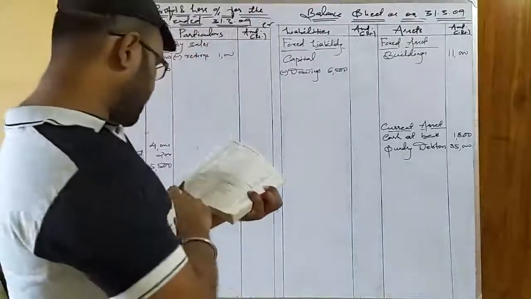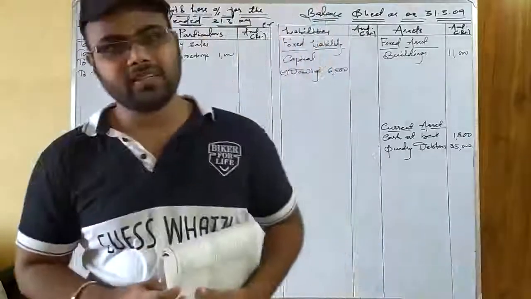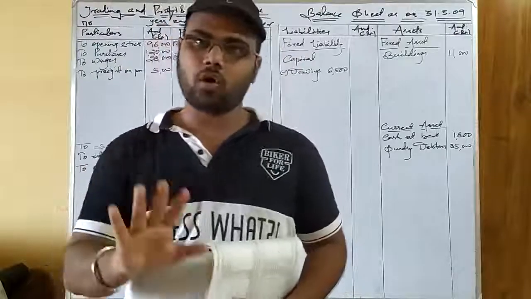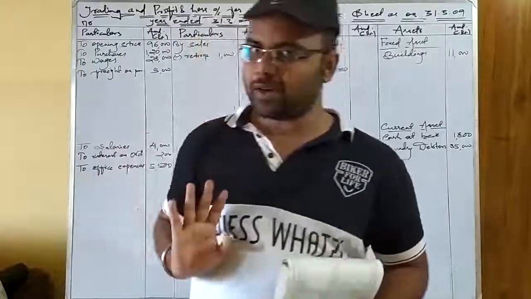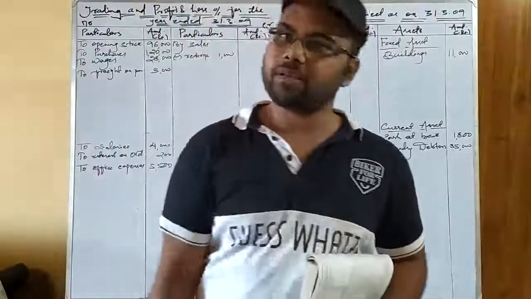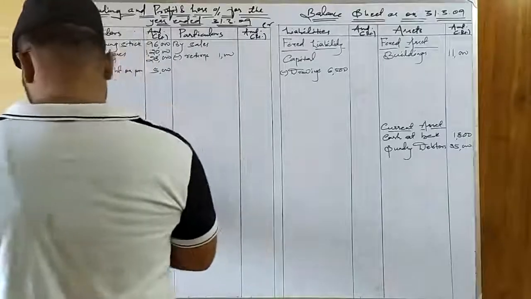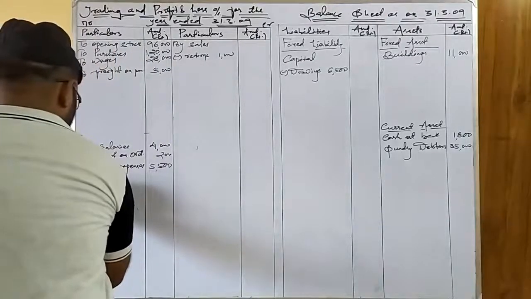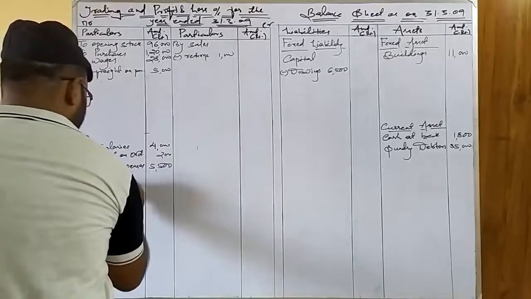Next item is depreciation. So depreciation is an expense. What kind of expense? It is a non-cash expense. Means the reduction in value of the fixed assets is called depreciation due to use and passage of time. So in no way related to production activities. So definitely depreciation is an indirect expense. So we'll write here in the profit and loss account. So depreciation given is 2000. And mind you, depreciation is charged on the fixed asset only.